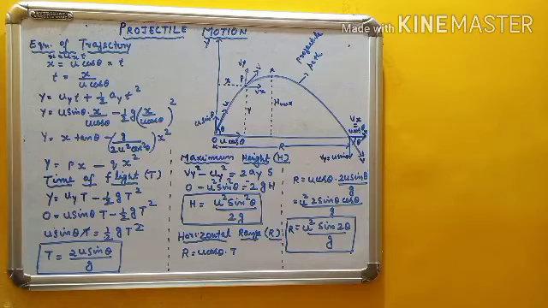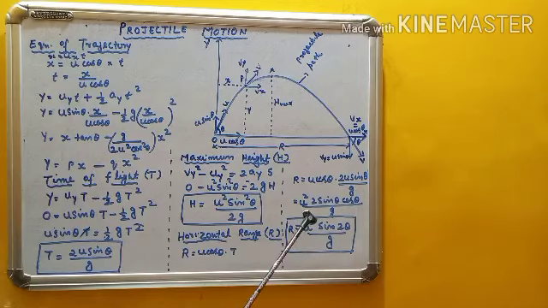Now coming to the horizontal range. Horizontal range means the horizontal distance travelled within the time T. How much distance will the body travel along the horizontal direction, along the x-axis? We know that there is no acceleration, so simply you can write distance is equal to velocity into time: x is equal to ux into t. That distance is R, and the x component of initial velocity is u cos theta, into T. So u cos theta into T, the time of flight, which we have already derived as 2u sin theta by g.